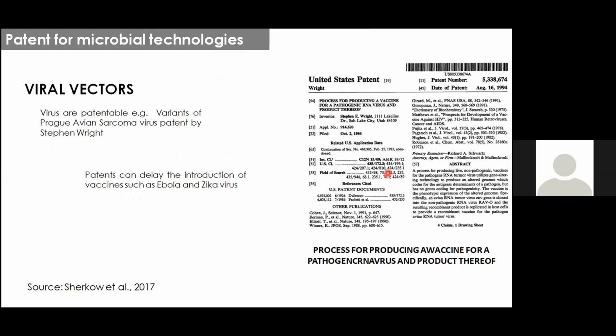Similarly, another example is viral vectors. Since viruses can also be patented, as was the case with the avian sarcoma virus, patented by Stephen Wright for the production of a vaccine. However, because of this kind of patent, there can be a delay in the introduction of vaccines, as was indicated by Serco et al. 2017, that since the viruses are patented, it is difficult to carry out the research